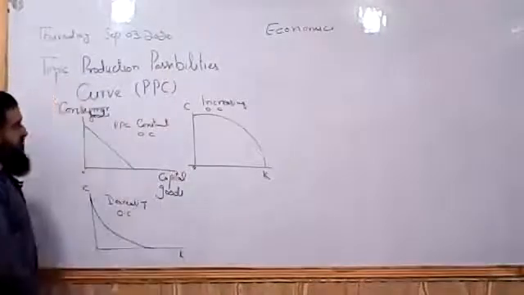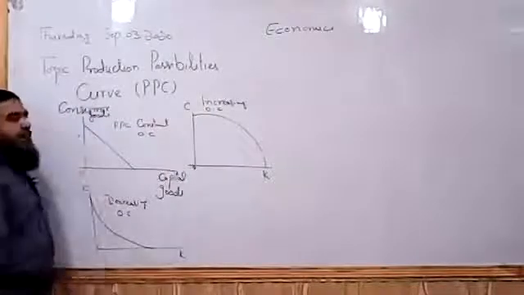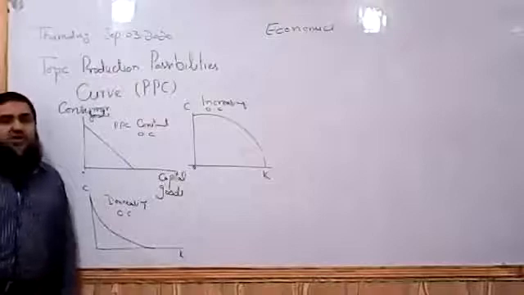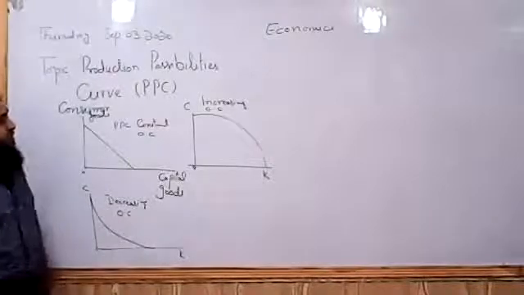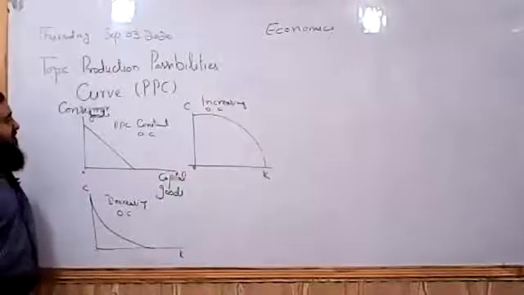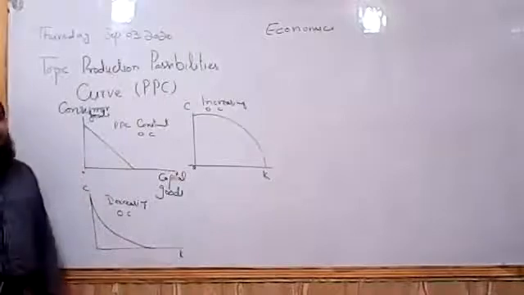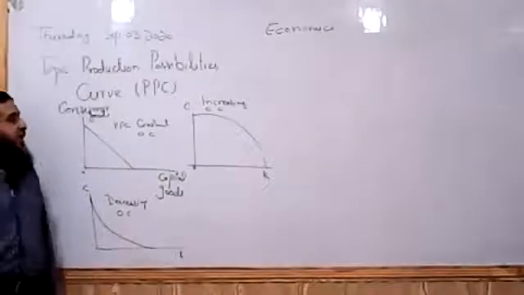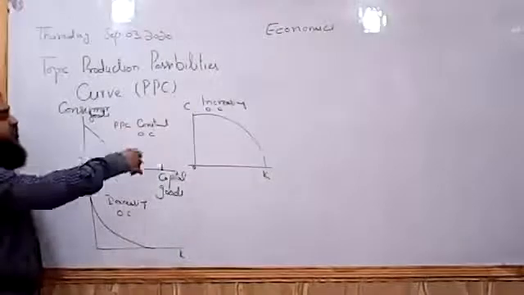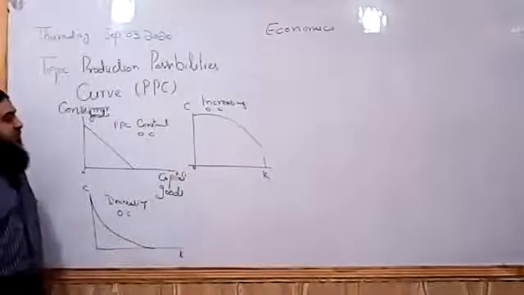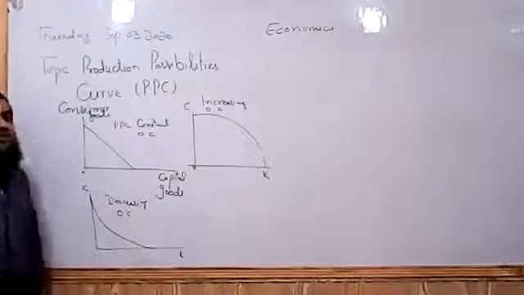So as far as your MCQs are concerned, sometimes we have this type of production possibility curve, which shows us a constant opportunity cost when productivity of factors of production remains constant. Then we have this type of production possibility curve. And when we have increasing opportunity cost, it is bowed outward, it is concave to the origin.